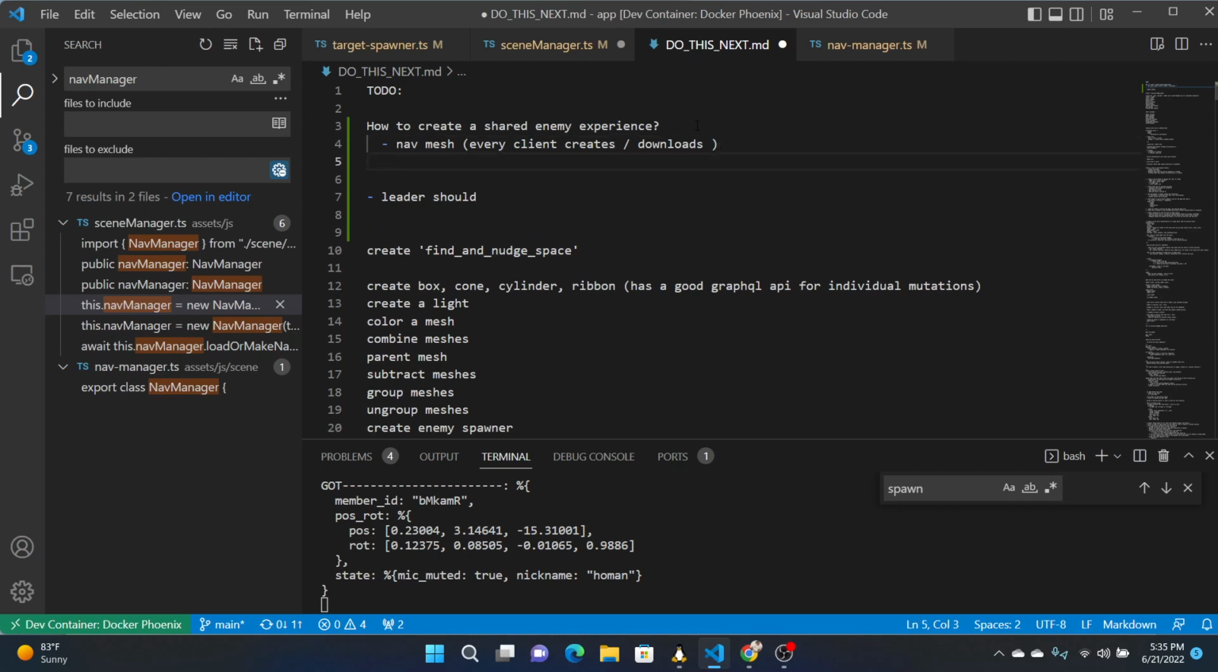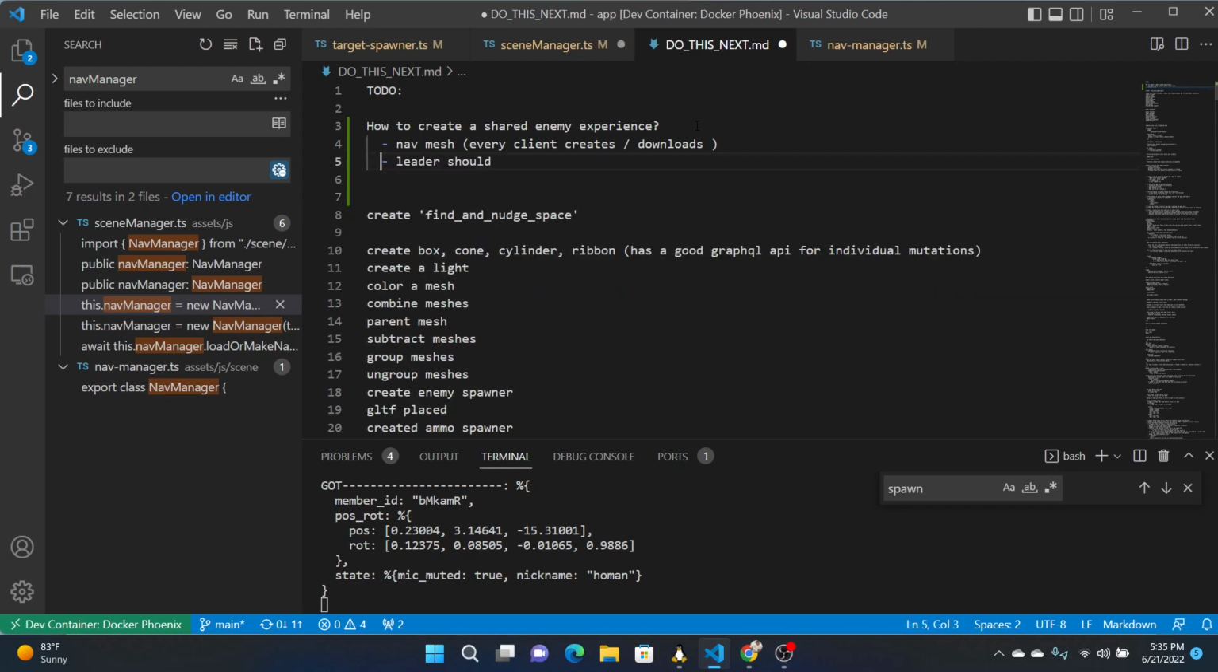But if every client randomly created an enemy, then you might have too many enemies all at once. You'd be stepping on each other's toes. So we should have the leader. The leader should